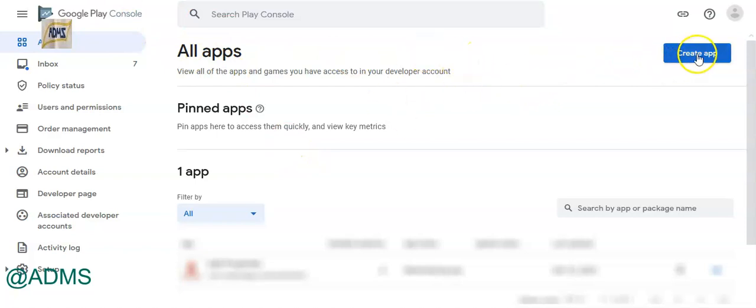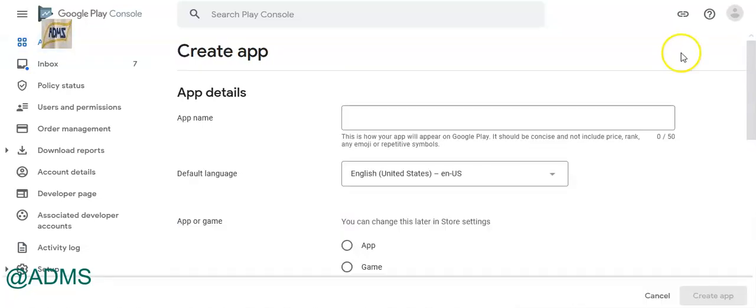Here, look for the Create App button and click this. Click Create App. And then you have to fill these details here. You have to give the app name. This app name, as you can see, is how your app will appear on Google Play. It should be concise and not include price, rank, or any emoji or repetitive symbols. So give your app name here,